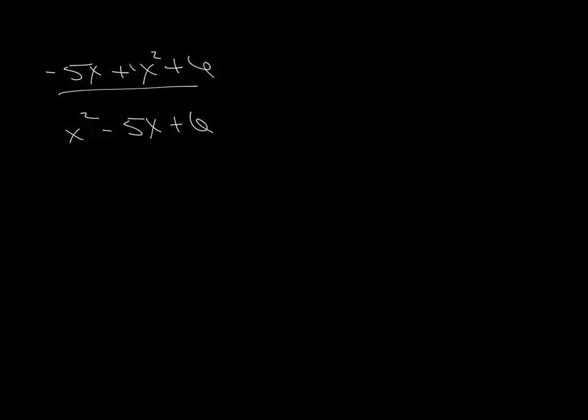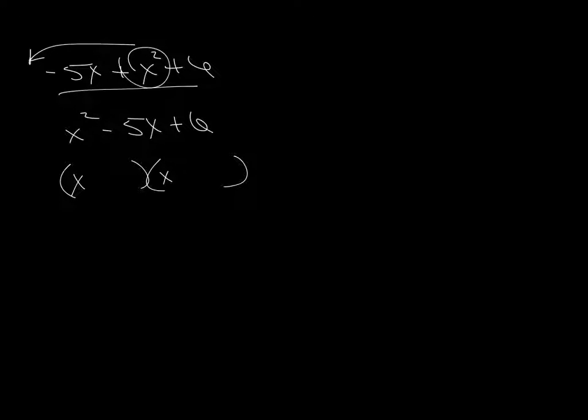And let's do another example. Negative 5x plus x squared plus 6. Alright, you can't solve this unless you have everything in the right order. And remember, you have to drag the sign along with you if you move things around. So I'm just taking this and putting it in front so it becomes first. X and an x. Two numbers multiplied together that give you a 6 and added give you a 5, or